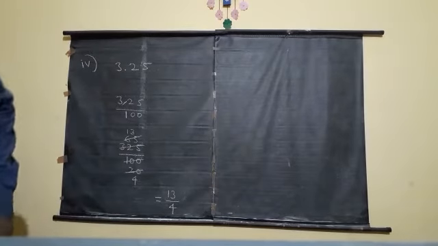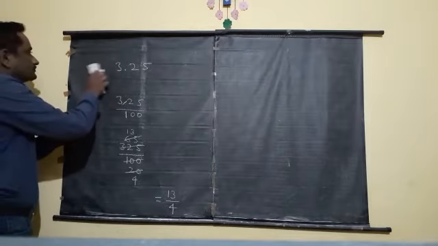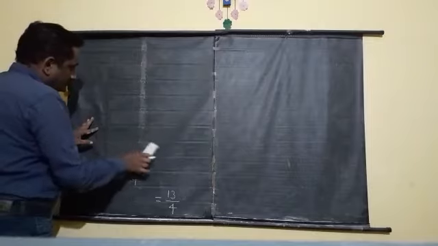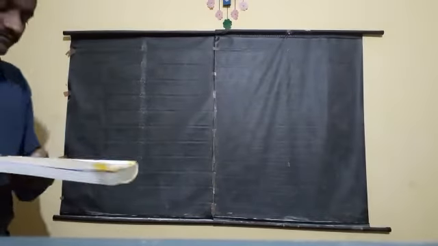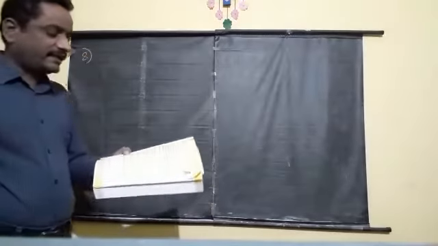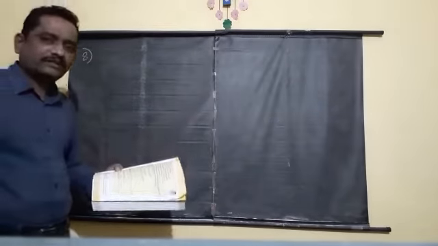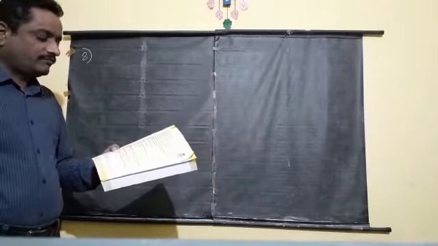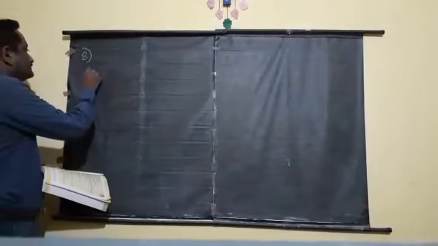Next we go to 8th bit. In the eighth bit, I am reading the heading: express each of the following decimal numbers in p by q form. Here also, given decimals we have to convert into p by q form. But here the decimals are different. The decimals given are non-terminating repeating decimals. The first problem is already completed. The second problem we see.